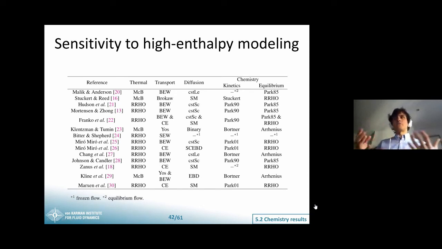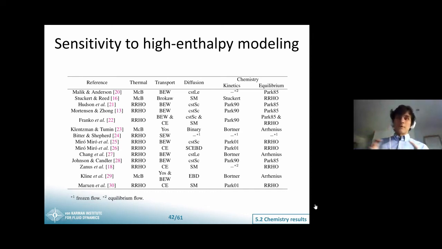So it was very hard to know up to what point the discrepancy between the results was purely due to the actual models that they were using, or if it was some numerical error, or if it was actually due to some physical phenomena going on there. So what we did was we implemented all these models and compared the results of one to the other, always taking the state of the art as a reference. And the meta conclusion that we reached is that modeling is important. Modeling errors are important insofar as they affect the prediction of the boundary layer height.